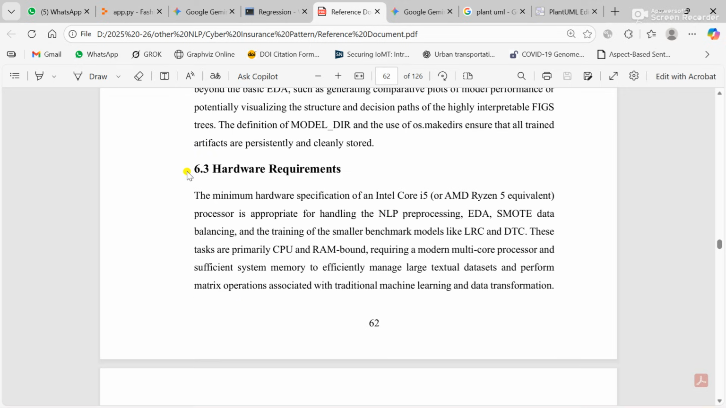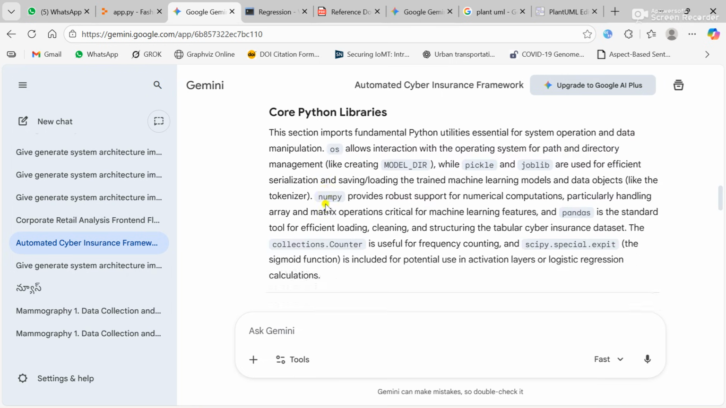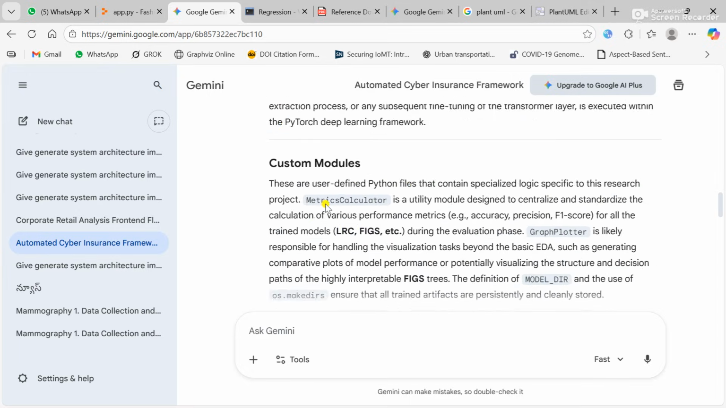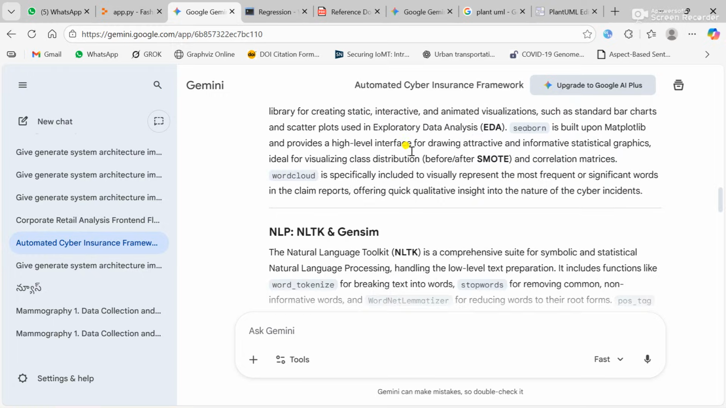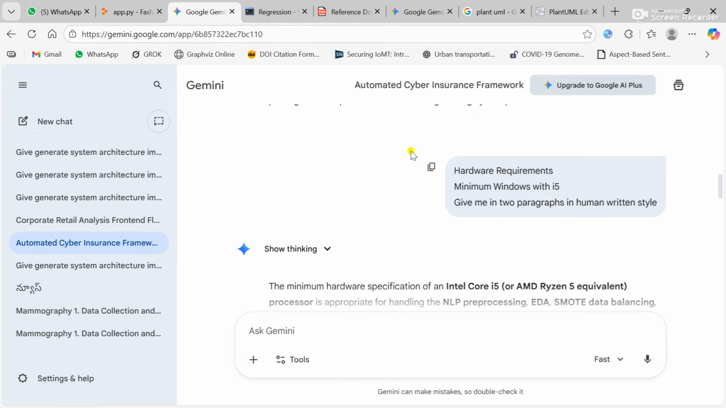So then hardware requirements, it is also very simple. Here I gave it as generalized, but develop as per your project. I will tell you how it will be developed as per your project. Simple. Hardware requirements, minimum,